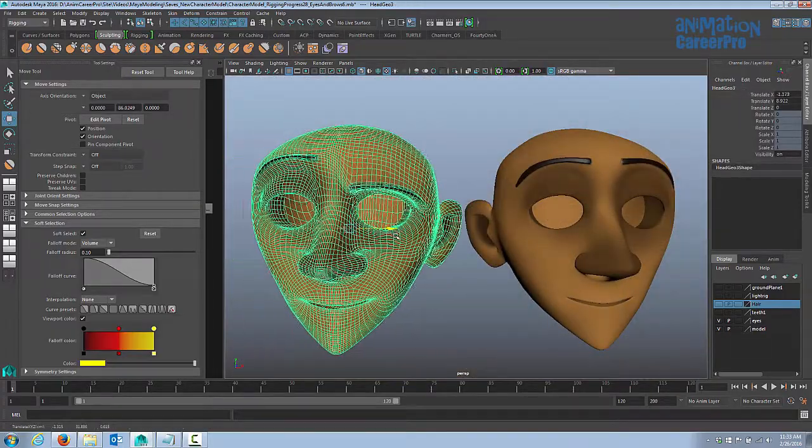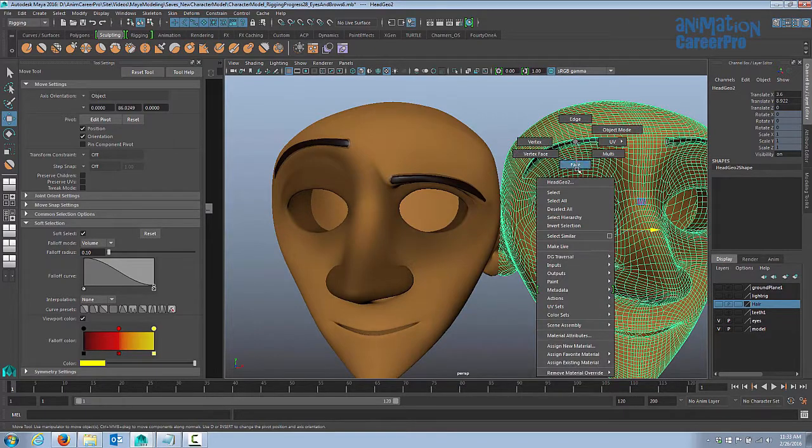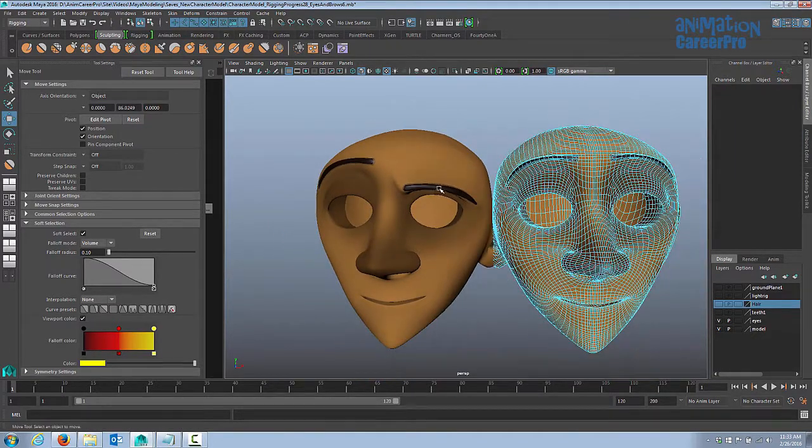Now I'm just going to drag that over to our other model, just somewhere close to it, so we can try and match up the other eyebrow. So I'm going to go ahead and repeat the same process.